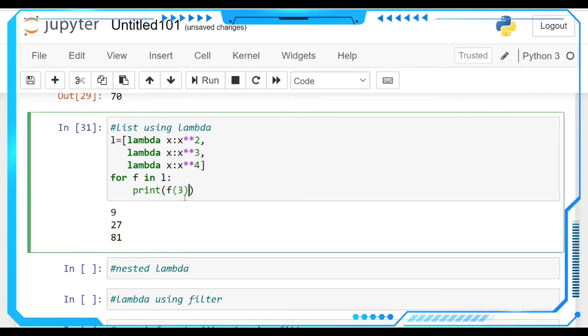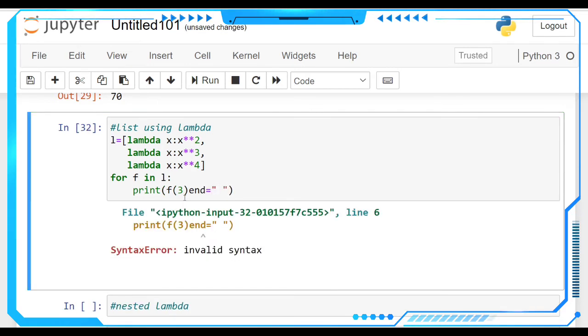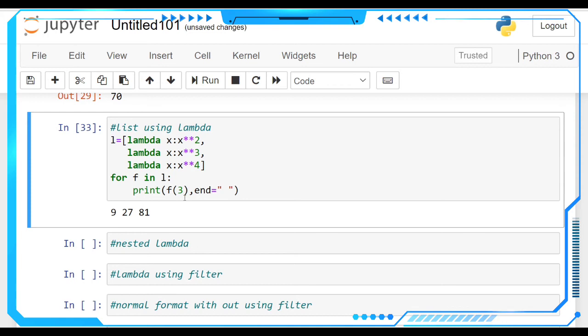So if you want to make it in a line, if you want all these numbers on the same line, then you can write it like here. We have to put a comma here. See here, it will exist. So if you need to be very specific, write it so that 3 square will be 9 in that format. If you want, you can use this type of arguments there, like